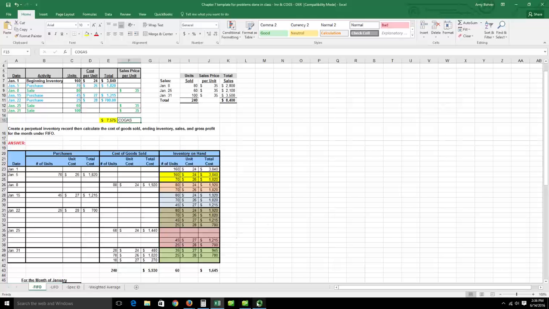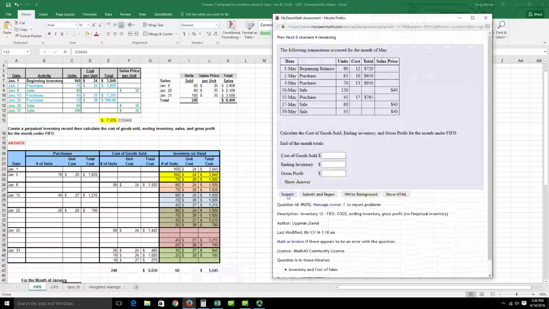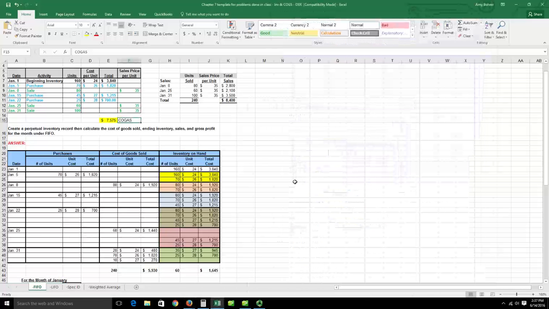In My Open Math, obviously when you fill the numbers in, right, and you hit submit, it'll tell you whether you're right or wrong. But on a quiz or a test, you're not going to have that double check, right? You're not going to be able to submit your answers and have it give you a check mark or an X. So this is a good double check that you can go through every single time. If you add up your beginning inventory plus all your purchases for the problem and come up with the cost of goods available for